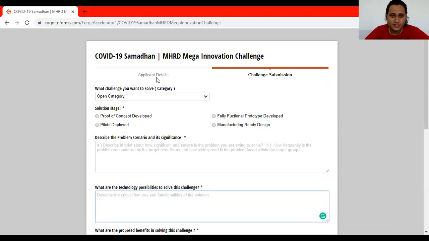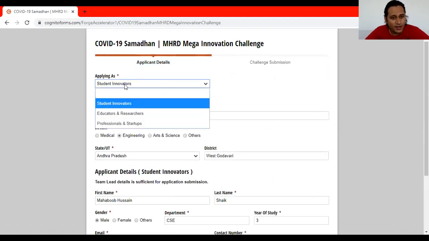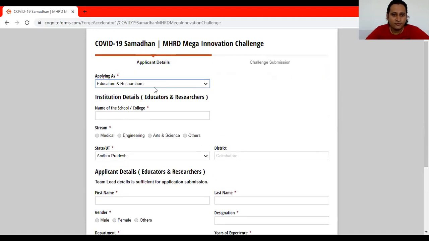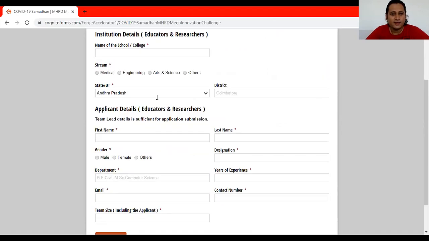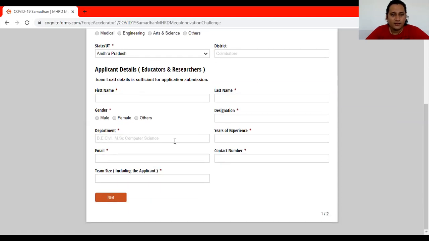Remember, this is for student innovators. Other options are also available, like educators and researchers. If you click on this, for faculty members who want to submit an idea, it asks where you are working, your first name, department, designation, years of experience, your team size and contact number.